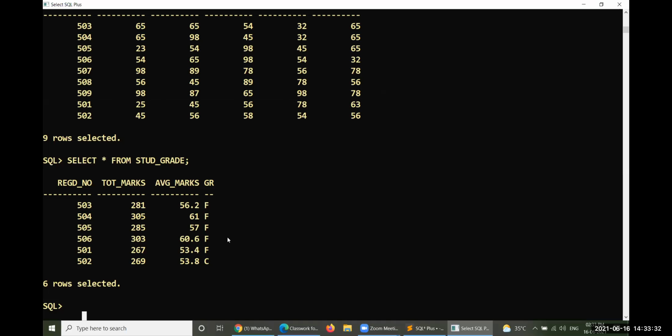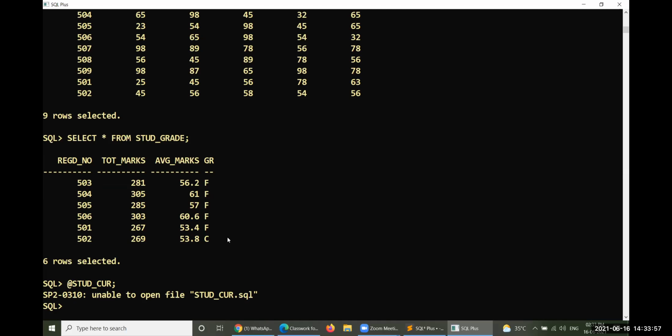So let me run the cursor one more time here. At the rate stud_cur, let me run this. Then what would be the output of stud_grade? Because after the business logic has been done, everything will be inserted into our actual table, that is student_grade. Let us see.